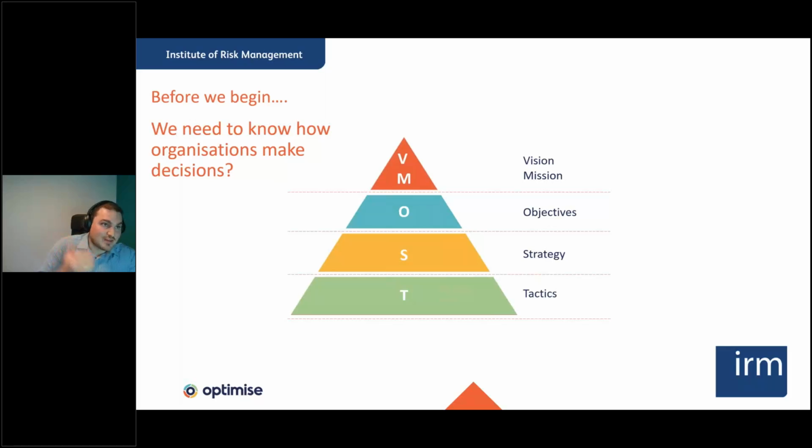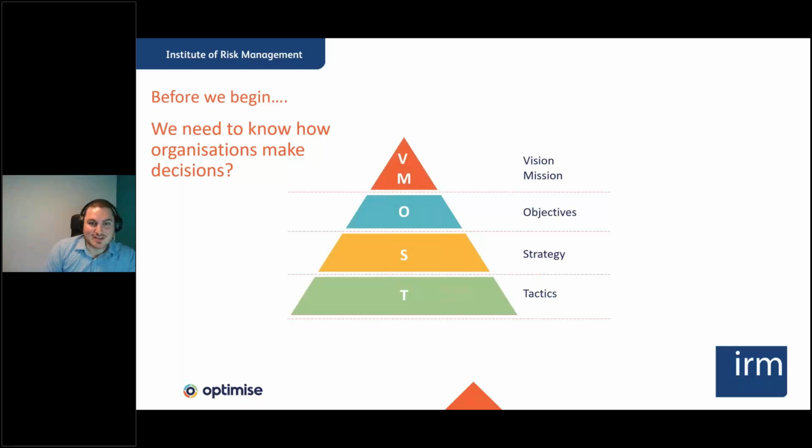Starts out with setting the vision for the organisation. So what's the organisation going to achieve? What's it trying to look like in X number of years? And then we look at the mission, which is the route to get there. And then from the mission, we break it down into objectives. They're tangible, usually looking at how we achieve elements of the mission, which then informs the vision. Then we break it down again to strategy. Then we break it down again to tactics.